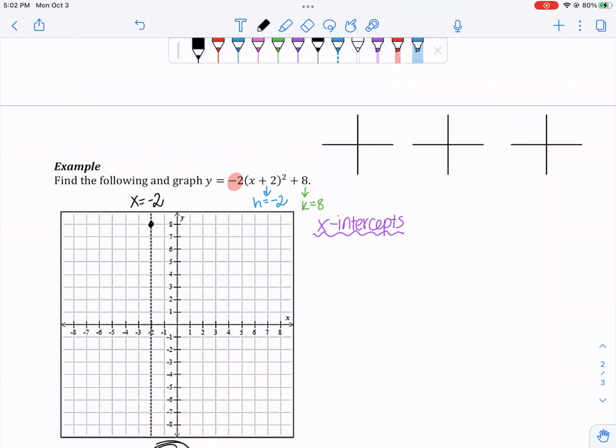I know our graph opens down, but it doesn't matter. We could have two x-intercepts if the graph opens in such a way where